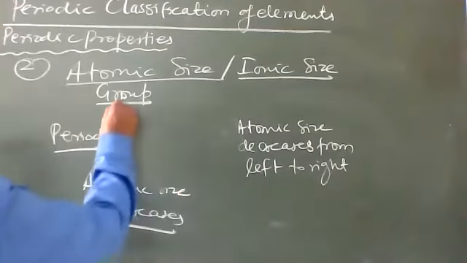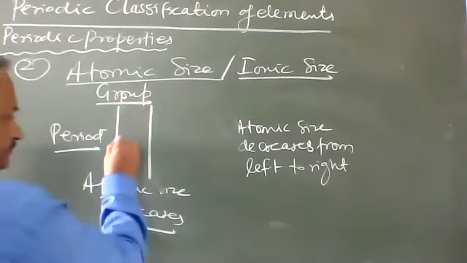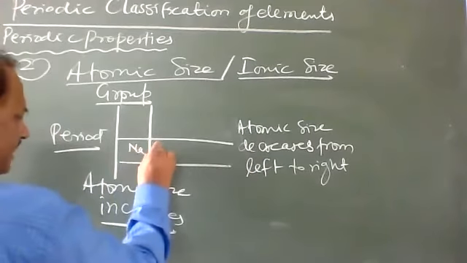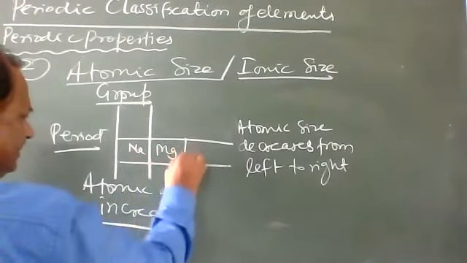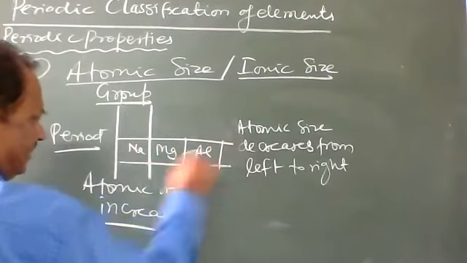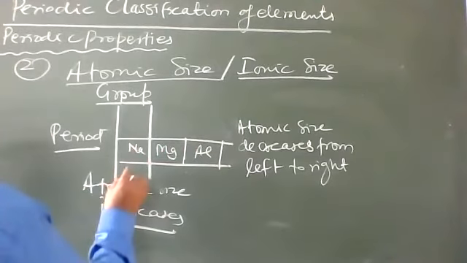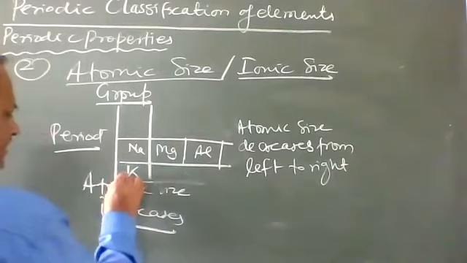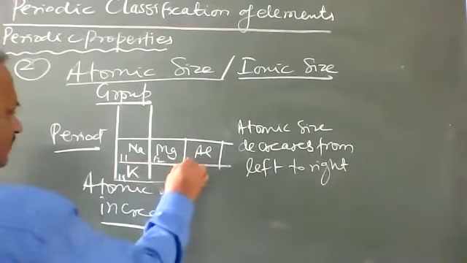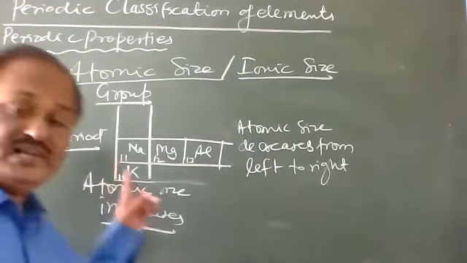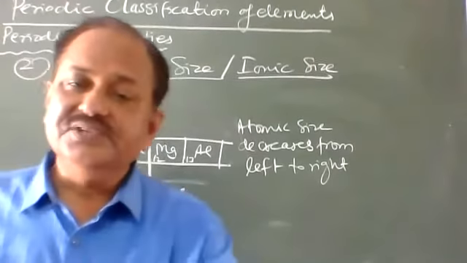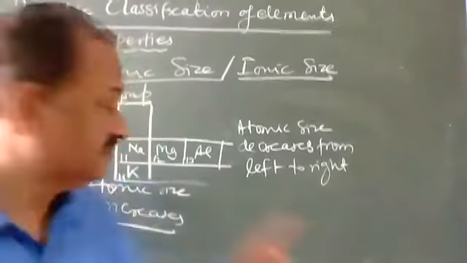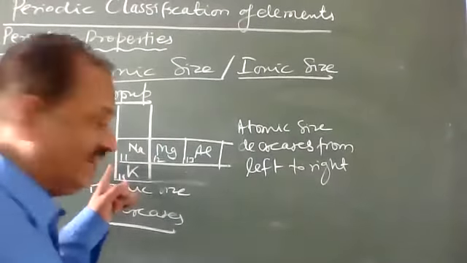See how? Again, I am taking the same here, sodium, then magnesium, then aluminum. See here. So let it be potassium also here. So here 19, 11, 12, 13. So here in case of sodium, there are how many electrons? There are 11 electrons. Sodium, there are 11 electrons.